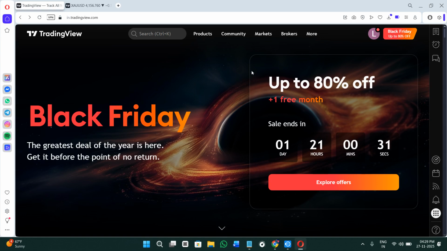In today's video, I will show you how to backtest on TradingView for free in 2026 using the available tools which are accessible to the basic plan user as well. So first of all, come here on tradingview.com, then log in into your account if you haven't already. Now guys, I'm going to show you how you can backtest on TradingView absolutely for free even with your basic